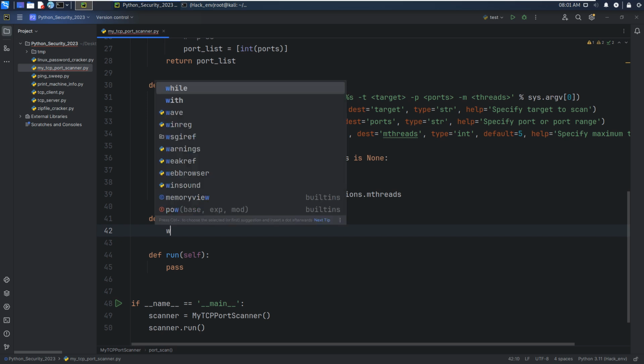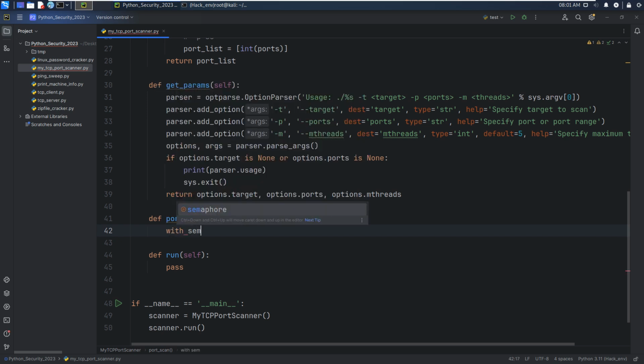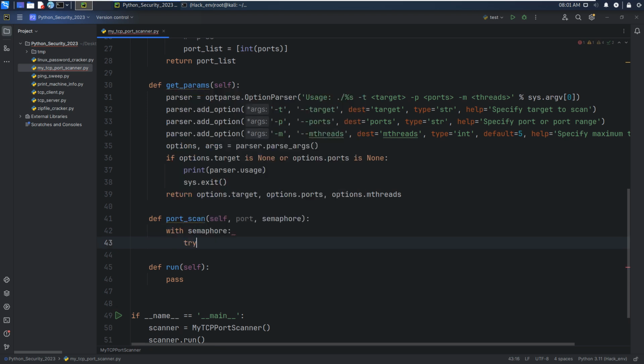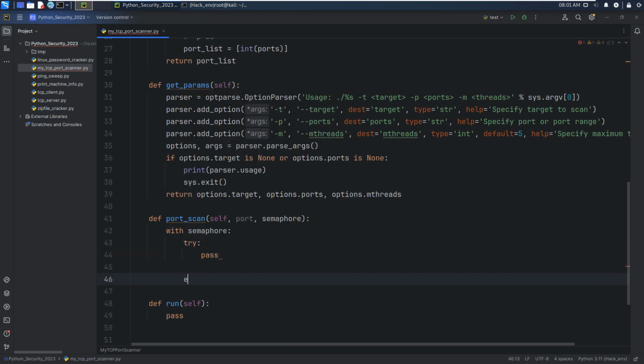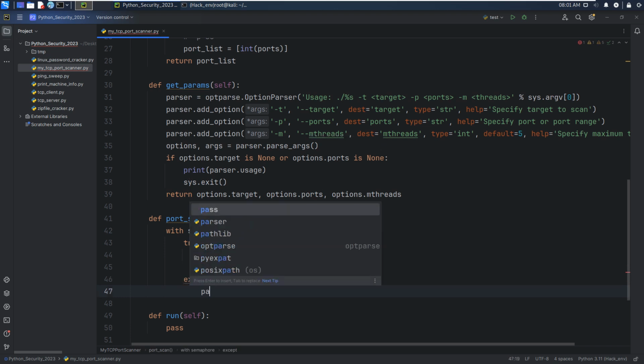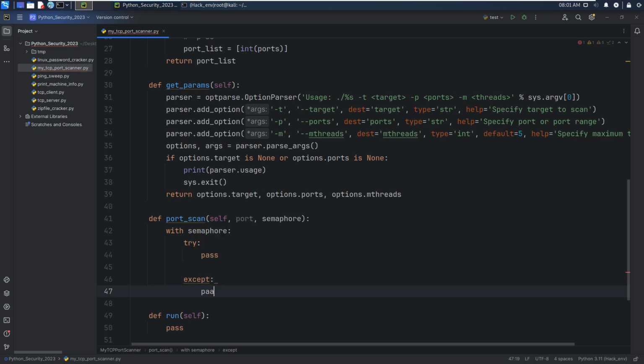Okay, so we can use with semaphore, and then try, and except if there is any error, for example, not connected, we just pass, will not do anything. Finally,